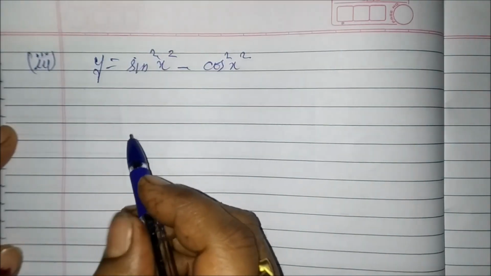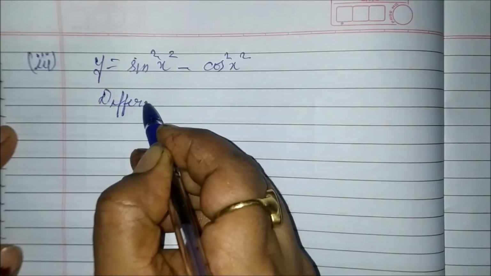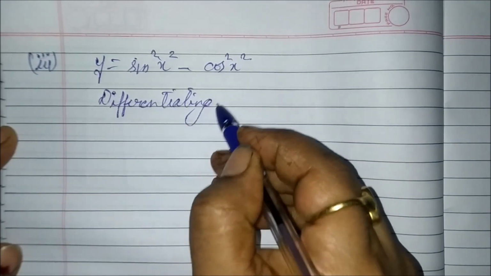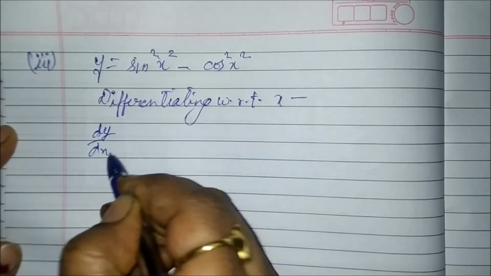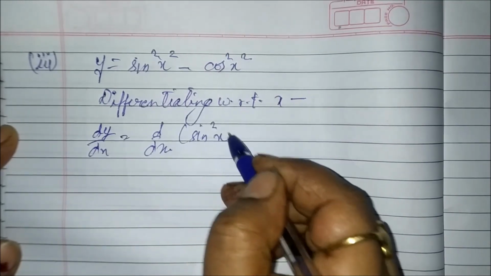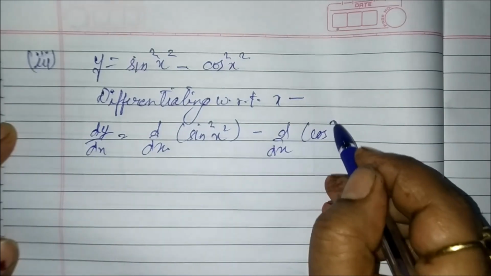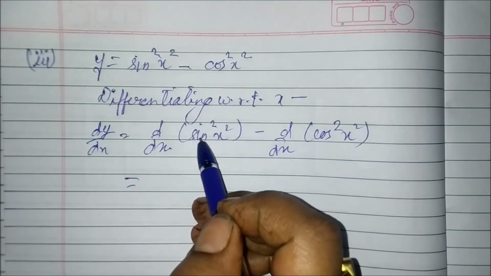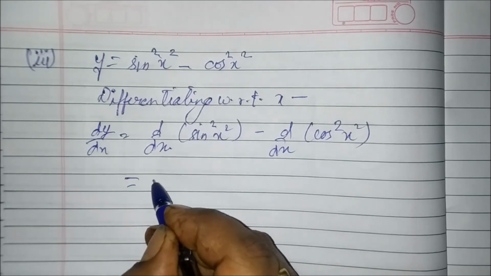See then a third sum. Here also differentiating with respect to x, we write here. In every question you have to write, okay, differentiating with respect to x. dy by dx is equals to d by dx of sine square x square minus d by dx of cos square x square. Again, first you have to assume it x raised to n. Okay, derivative of x raised to n. So we get 2